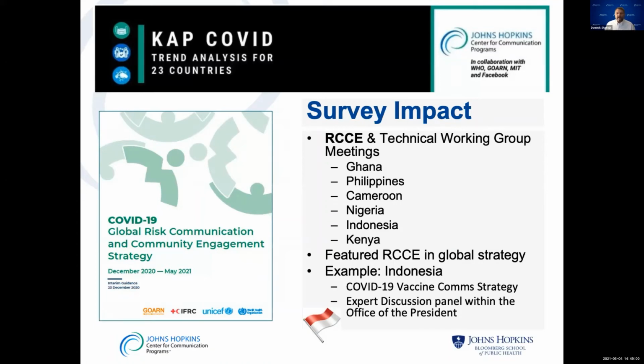The CAP COVID data has been featured in the global guidance documentation for the RCCEs. And just to show how these data trickle into national policy, it was through our Indonesian country team's work with the RCCEs and other stakeholders that the CAP COVID data is featured in the Indonesian National Vaccine Communication Strategy.